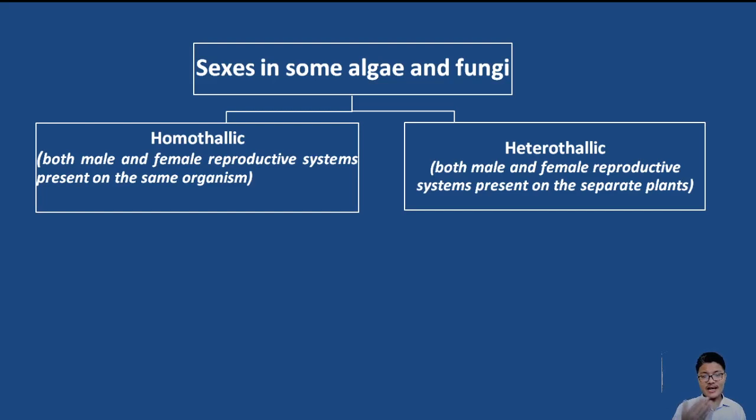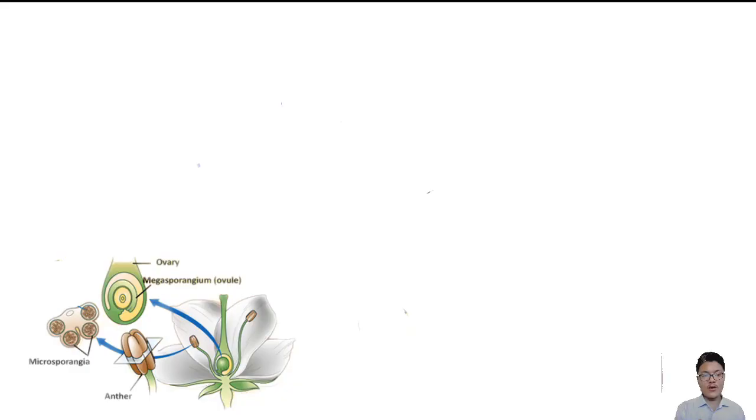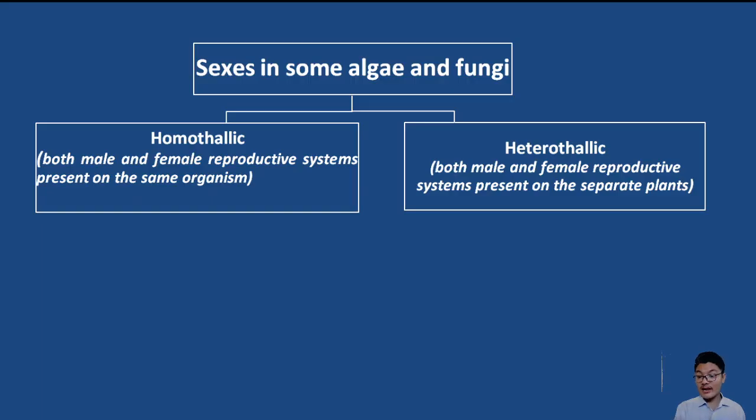Now, sexes in some algae and fungi are homothallic or heterothallic. Homothallic here refers to same. Thallic here refers to a group of cells which are forming a thallus-like structure, a group of similar cells. So if both the male and female reproductive systems are present on a single thallus, then it is called homothallic. And if both the male and female reproductive systems are not present on the same thallus, if they are present on different thallus